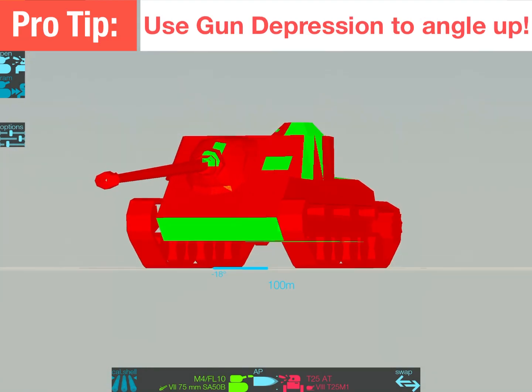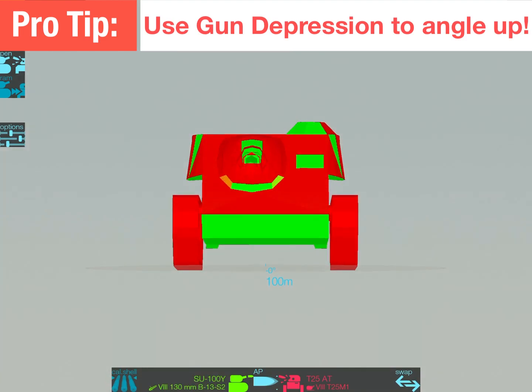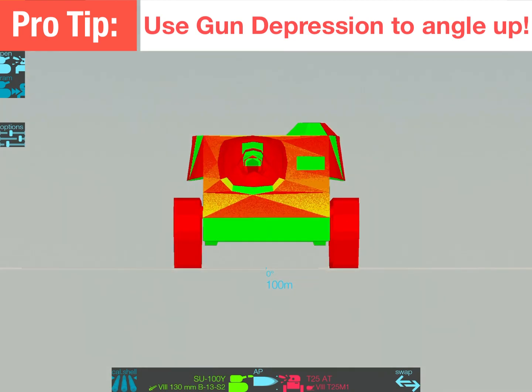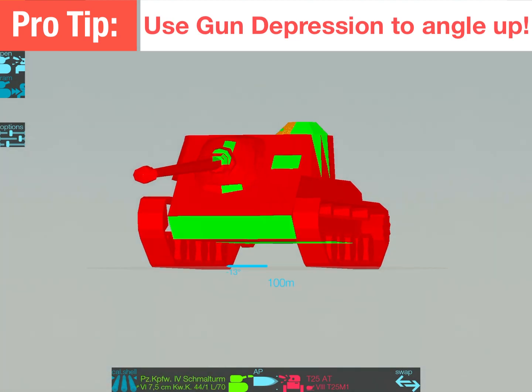Looking over here at the SU-100Y, okay, that TD can pen the hell out of this thing unless you just use your gun depression and find a little bump or ridge or hide that lower plate. Unfortunately, calibrated shells will still wreck this thing, but that's a hell of a big ask to be able to